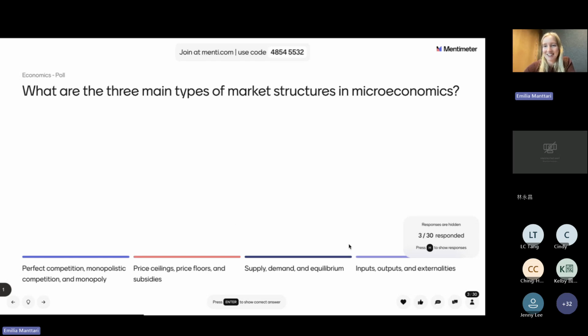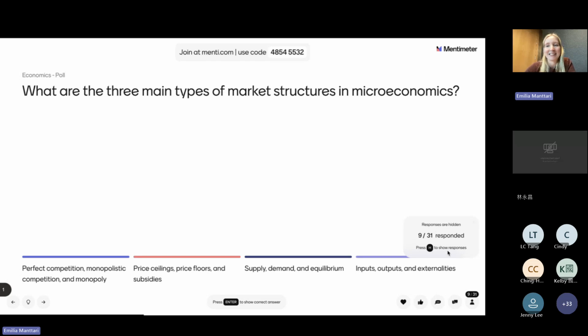And one thing that I've also done here is that I've hidden the responses. This is something that I can do if I really want to make sure that I'm getting everyone's input and their own thoughts. Because sometimes if you can just see everyone else's input on the screen, you might just follow along after the first person to submit. But now I've hidden the responses so that we can really get everyone's own perspectives. And when you do hide the responses, you can see that I still get this little counter here on the right side. So I can see that now, for example, 9 out of 31 people have responded.